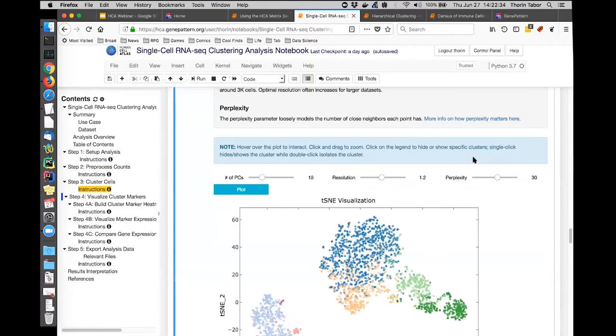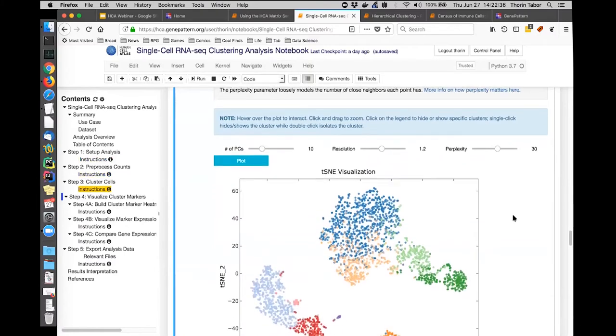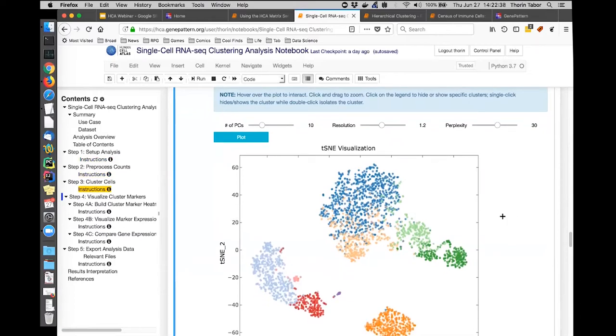All right. You will notice that this visualization is interactive. As we move the mouse over the data points, it gives us their graph coordinates. We could also rerun this step using a different resolution, complexity, or number of principal components up above. In the interest of time,